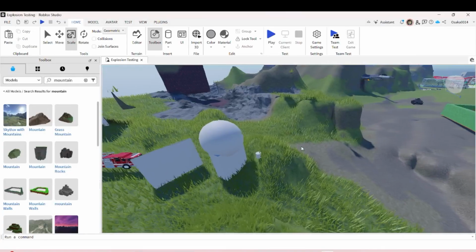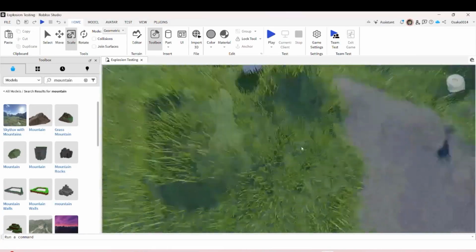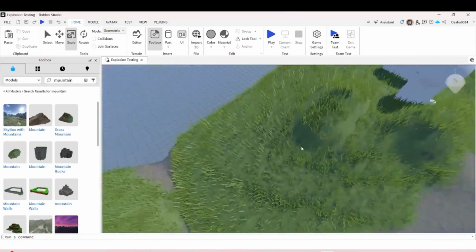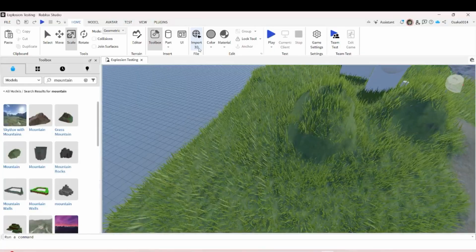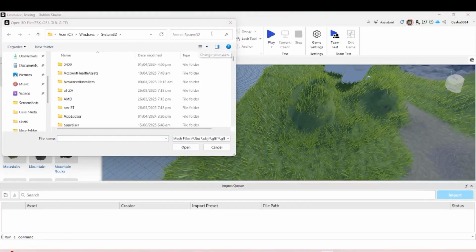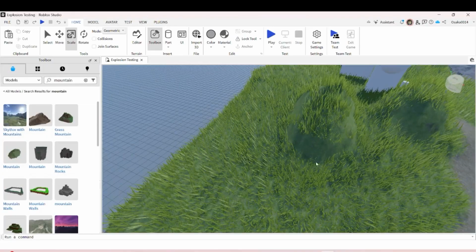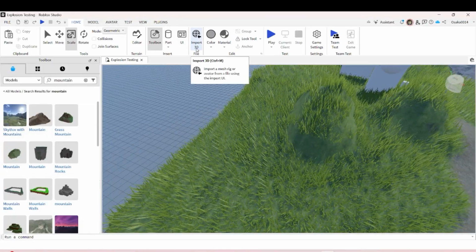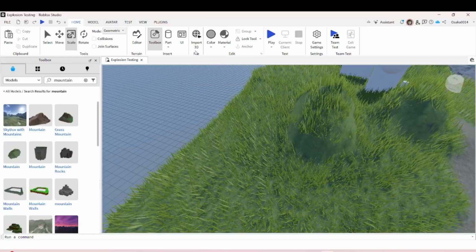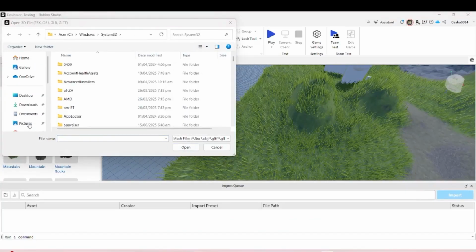In this lesson, I will teach you the 3D import, color, and material. So the 3D import is pretty much you go to Roblox or go to a different website where they give examples of 3D parts that can be used in Roblox. So all you have to do is, let's say you download something,